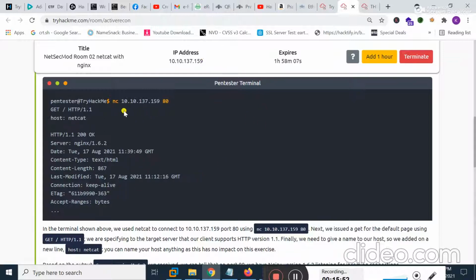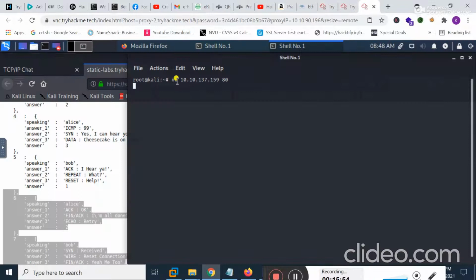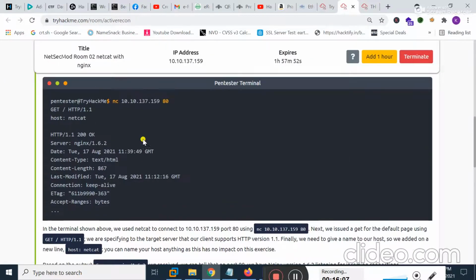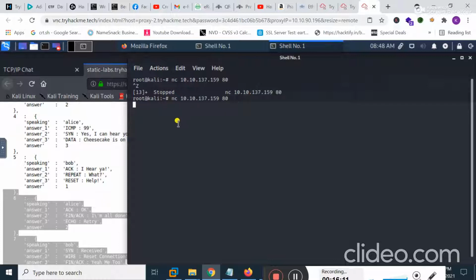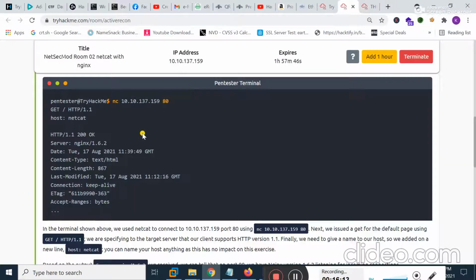The IP is correct and the syntax is also correct. I typed here simply NC and then the target IP address and then the port number. So I don't know, students, why right now this does not respond to me.